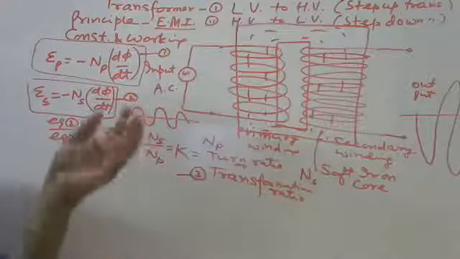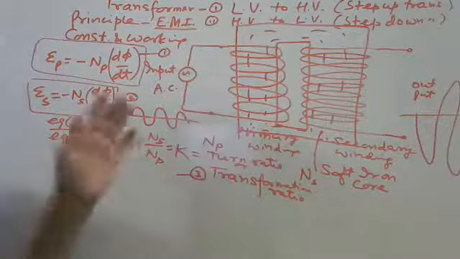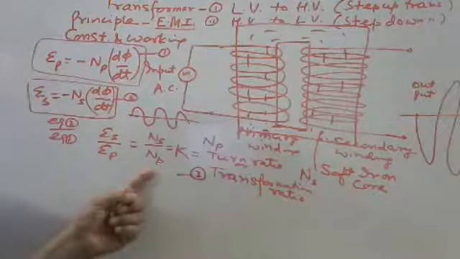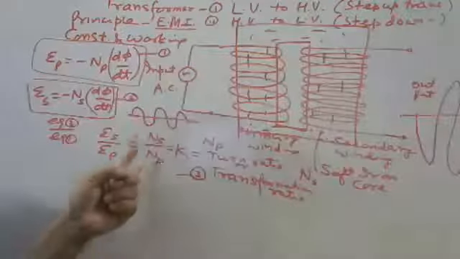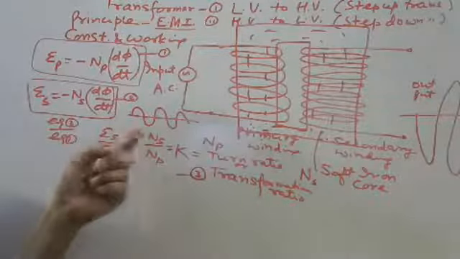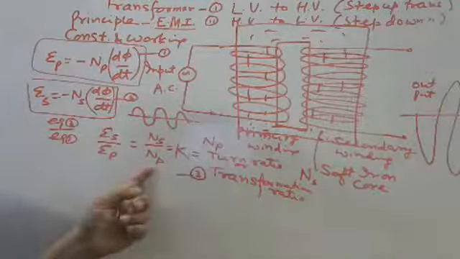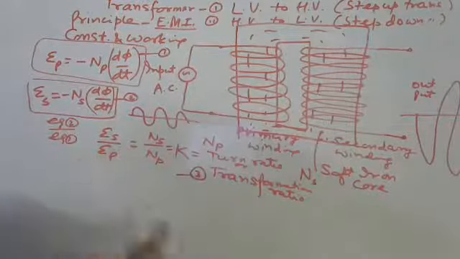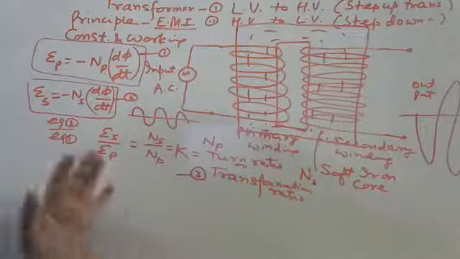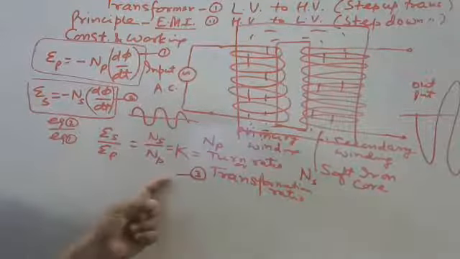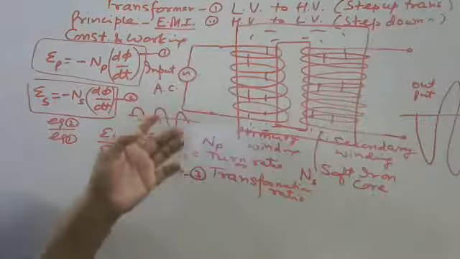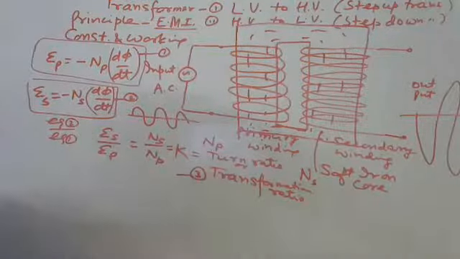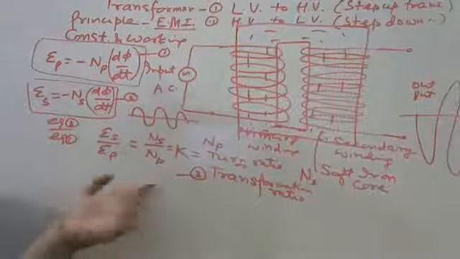So how much voltage are we getting, and how much voltage are we feeding to the input? It depends only on the turn ratio. Suppose the number of turns in the secondary is 1000 and the number of turns in the primary is 100, it means this ratio is 10. It means we are getting the output voltage 10 times. Suppose you increase this ratio further, we are getting more output voltage with the same input voltage. So this is called stepping up.